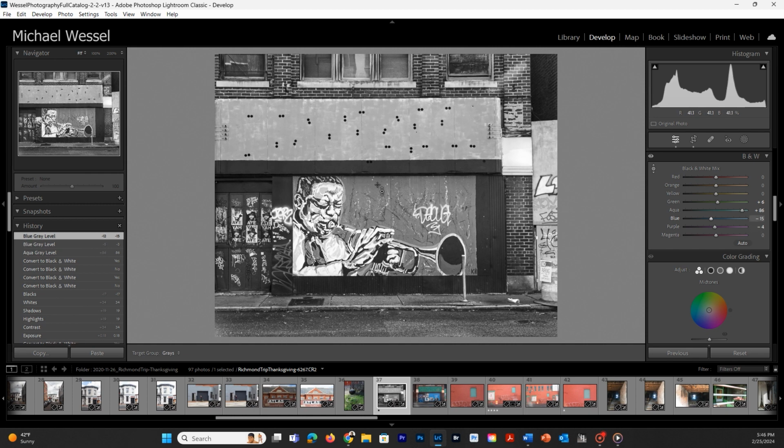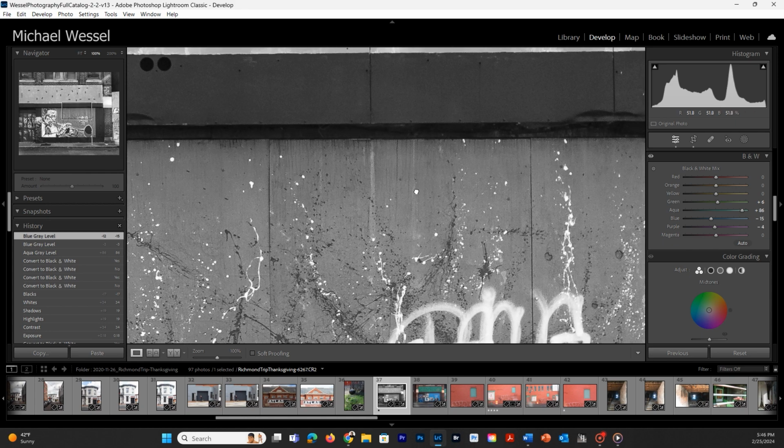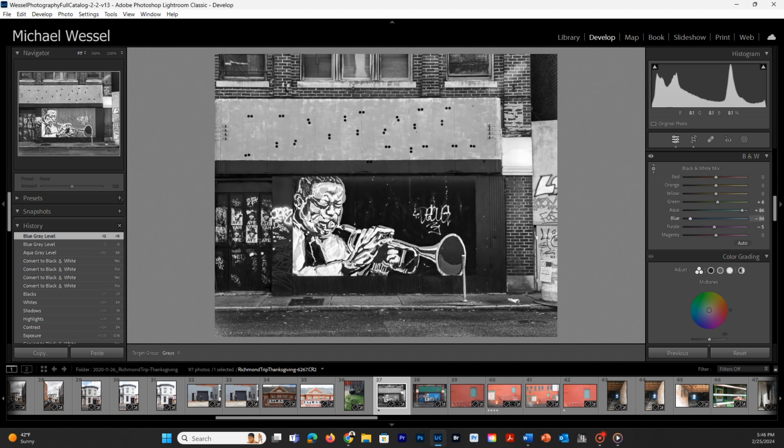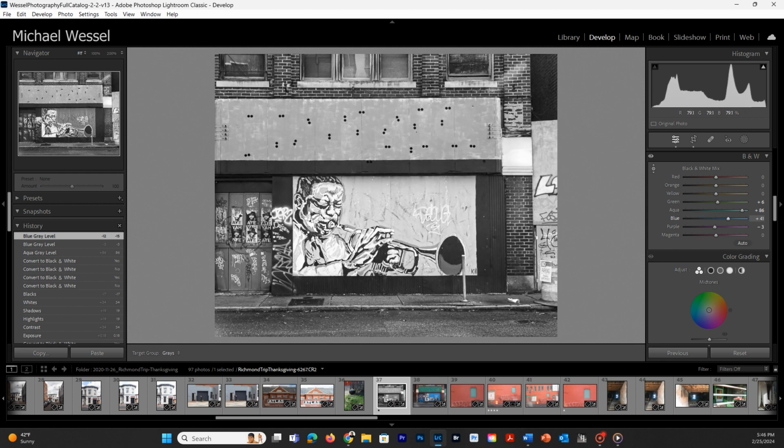I'm going to set that to right about there, and I have this nice gray here. You can see right here, in this panel under black and white, where these colors have been changed. We can see where the changes have been made. Again, if I grab this tool and hover over a specific color, and drag on that color, and for some reason I let go of the selector there. There we go. We're going to pull down. You can see that blue slider moving up and down on the scale here as I adjust the color through